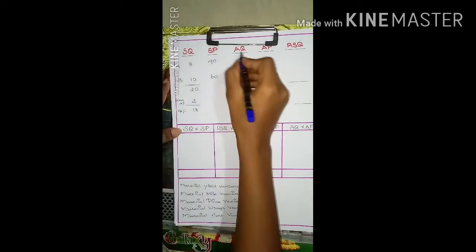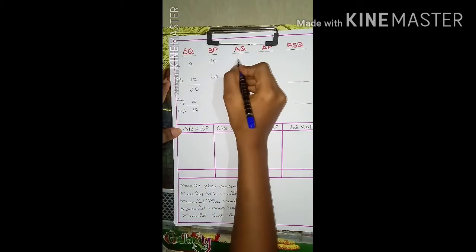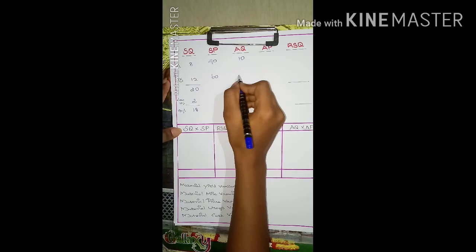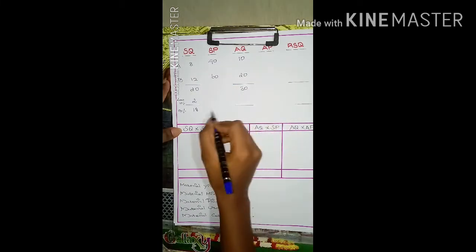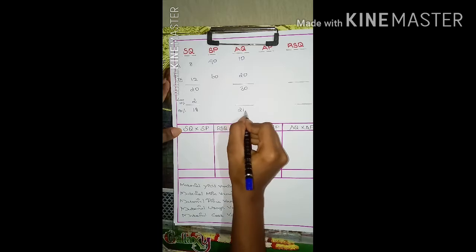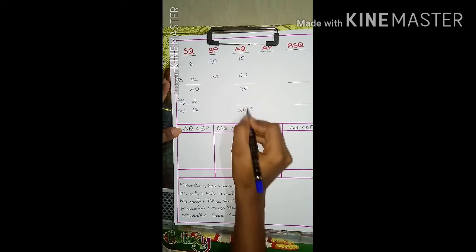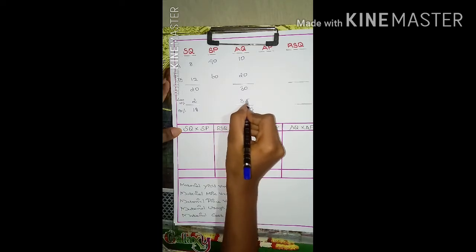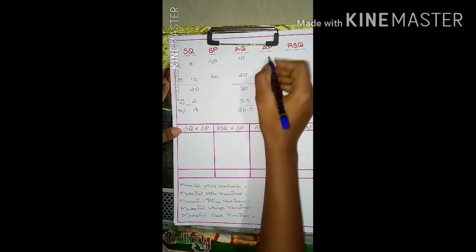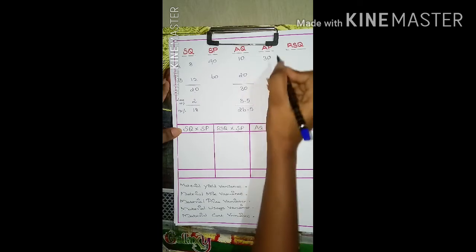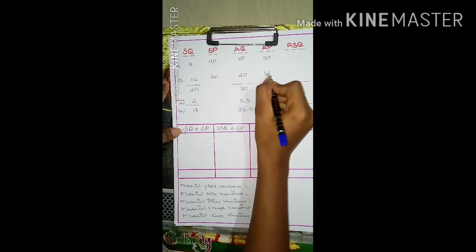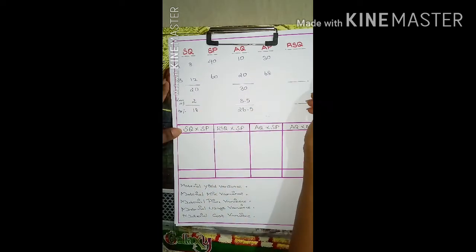Now actual quantity. Actual quantity of A is 10 and actual quantity of B is 20. The total comes to 30. But the output produced is 26.5 tons. There is a difference of 3.5 tons which is lost in the production process, and the actual price is 30 per ton for A and 68 per ton for B.